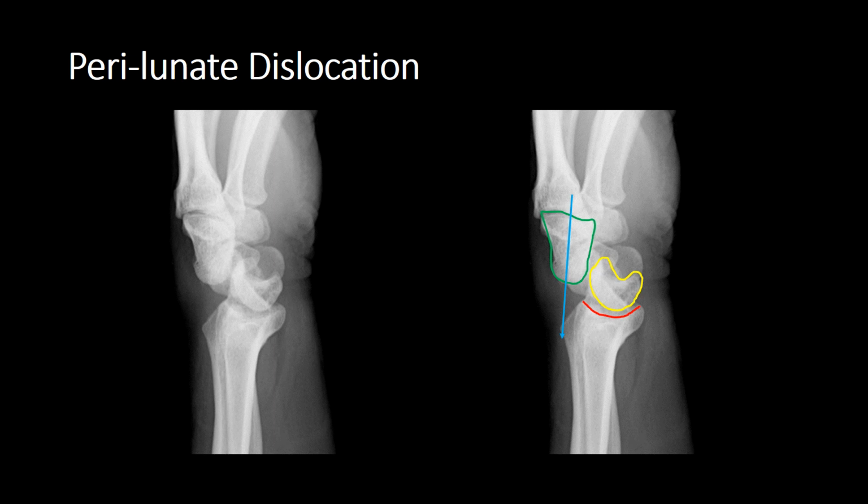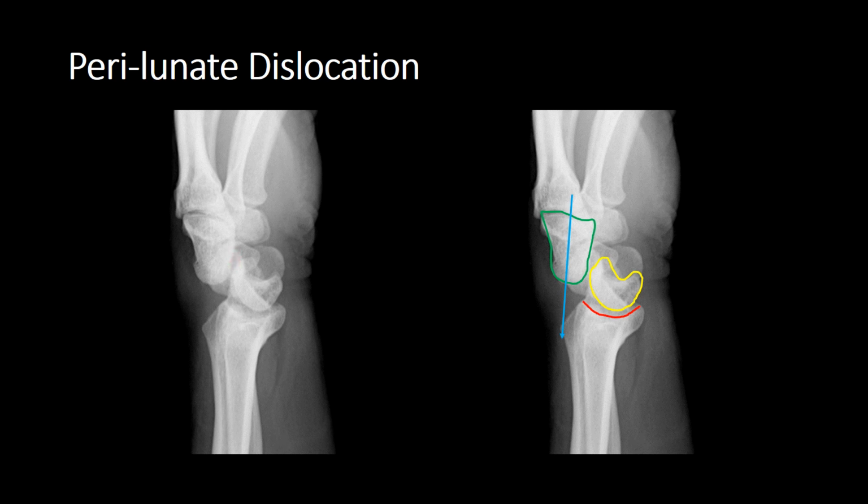Most perilunate dislocations result with the capitate being dislocated dorsal in relation to the lunate rather than volar. It can dislocate volar, but these are pretty rare. The other thing to be aware of with a perilunate dislocation is that occasionally the capitate may